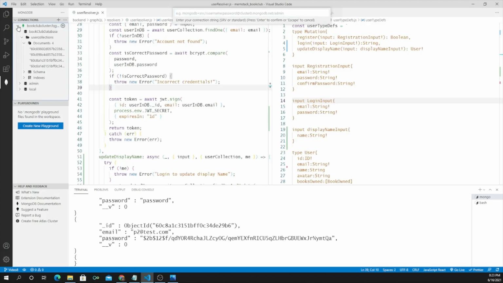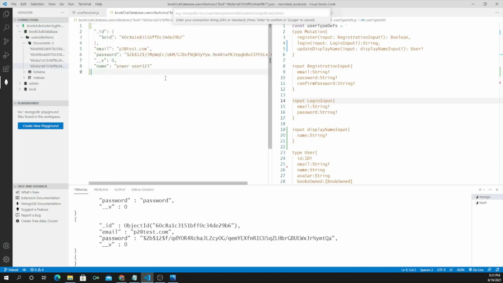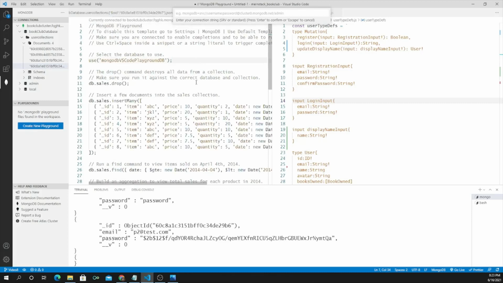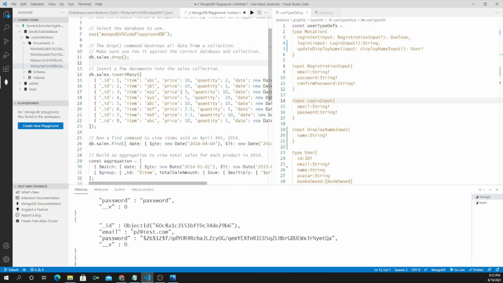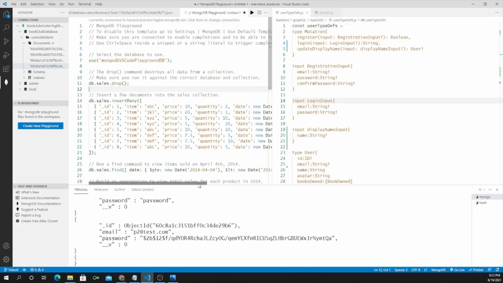this is how it will look. So we see the cluster, the databases. So here in the database we have user collections. In user collections we entered 4 documents, so all of them are displayed by their ID. So we can just click on it to see the ID and password, all the elements of that. So we can view the document if you'd like in this fashion. And also there is this create new playground. They have given the templates of queries. So similar to how we use the terminal, this playground will help in firing the queries and make connection to